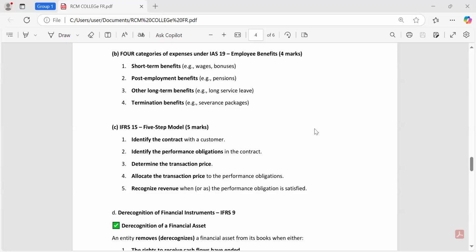Ladies and gentlemen, in some way, have you been able to understand this concept of IFRS 15, the 5-step model? Have you been able to identify? Have you been able to understand the IFRS 15, the 5-step model? I can't see them giving me responses pretty fast. You know, they are 60 now. Yeah, great. Thank you so much. Please ensure that you shall be able to apply that concept in your exam.